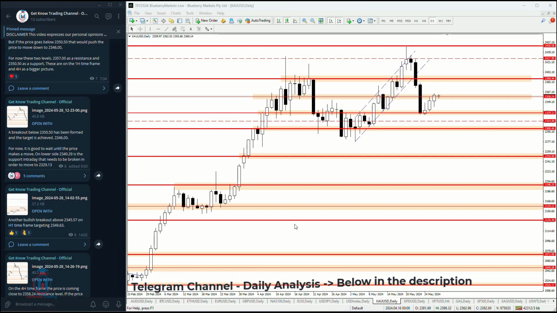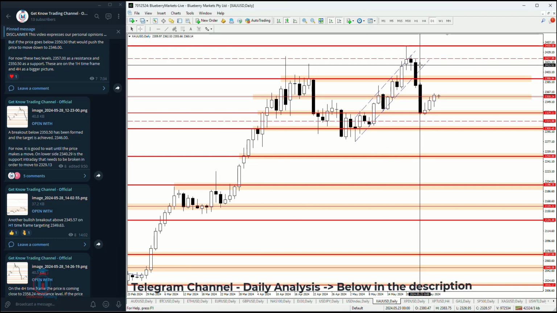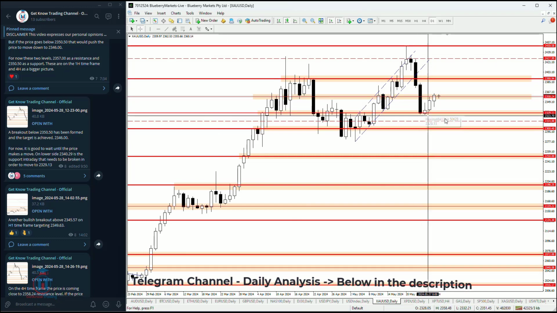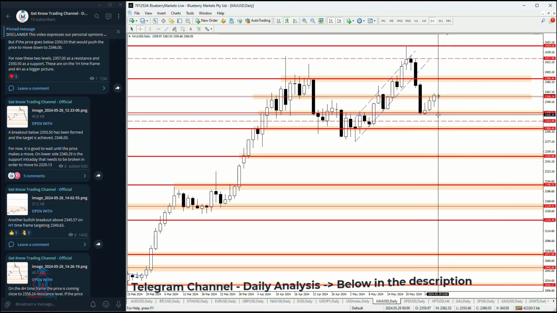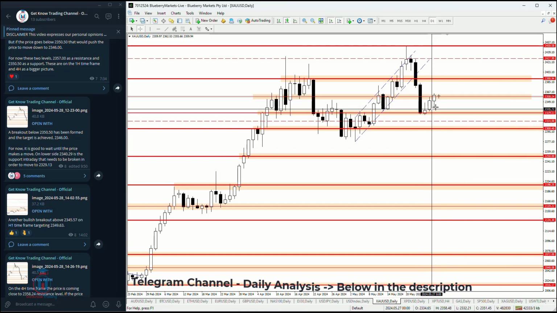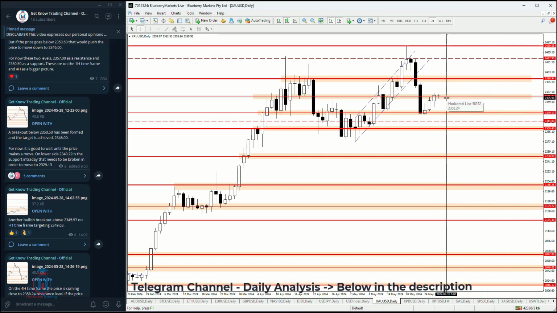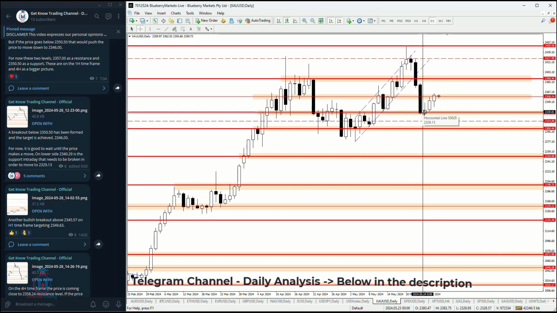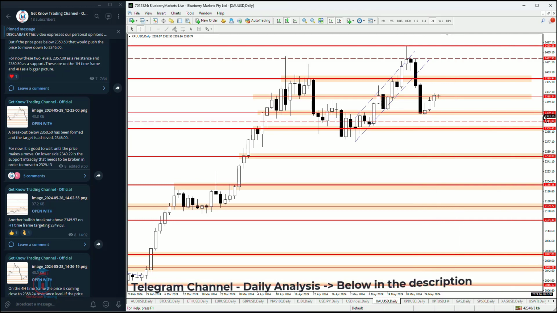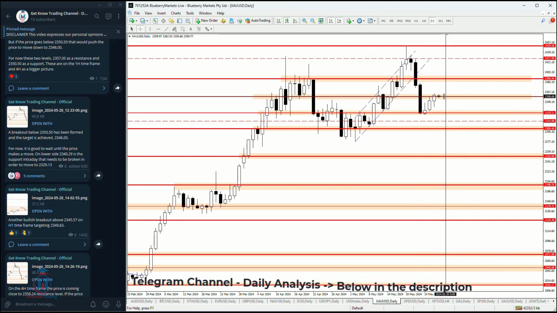Let's see the gold for today on the daily time frame. The analysis shows us that the price has dropped down. We can see that several days ago it fell all the way to 2329.13, and then the price started to reverse back up, where we can see the current price is at 2358.24.